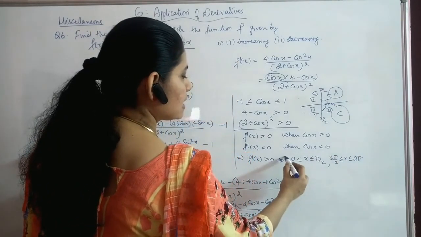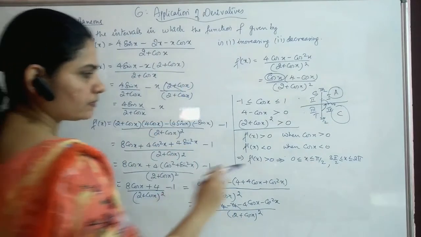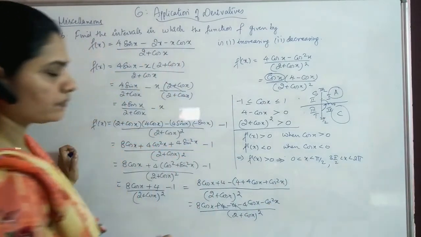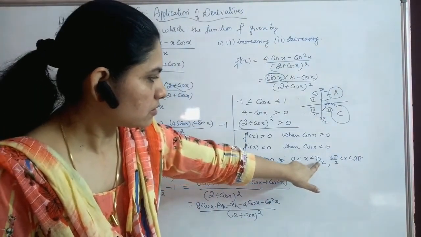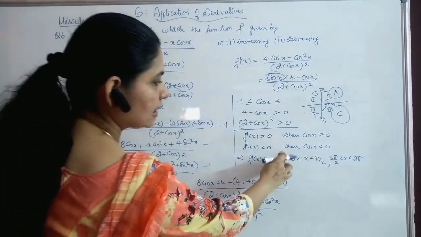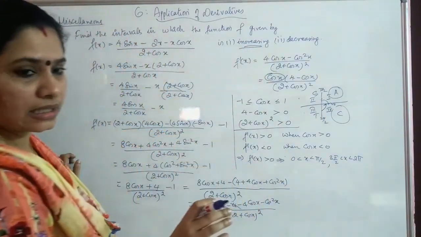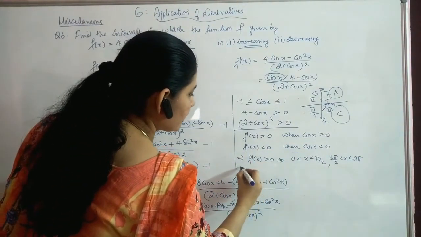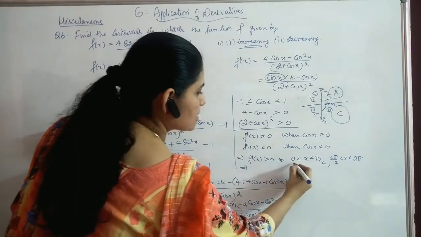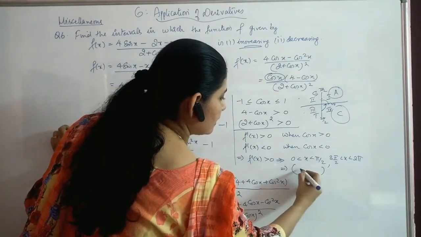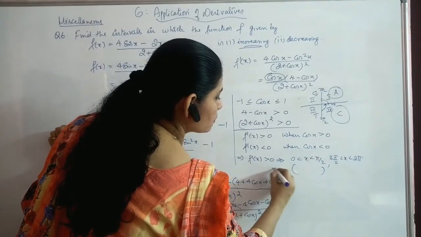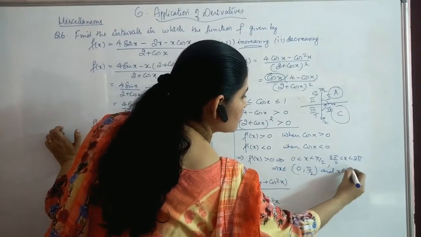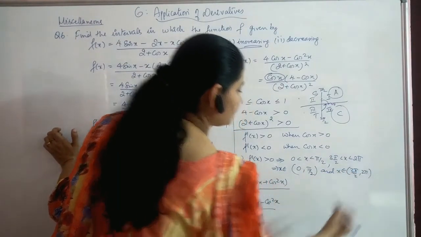So these are the intervals in which the function is increasing, and I am not taking the endpoints because at those points you will not get a positive value, but see, this is cos 0, and I am just taking the interval because we have to see increasing, not strictly increasing. You are just taking that interval here as less than only. Or I can say this is when x belongs to 0 to pi by 2 and x belongs to 3 pi by 2 to 2 pi.